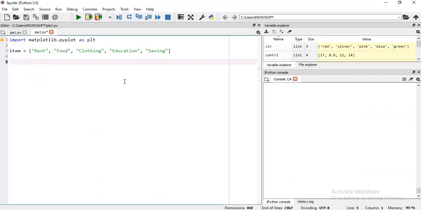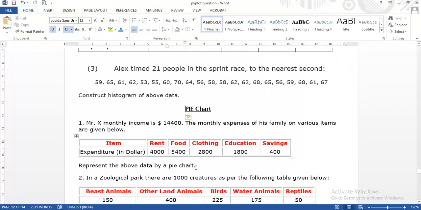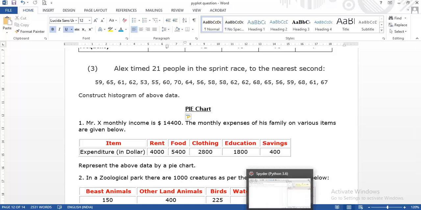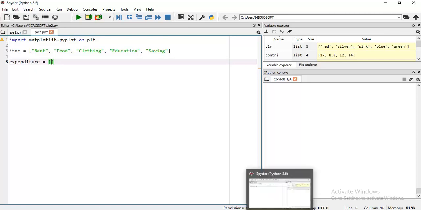Okay, let me start. The first task is to import matplotlib. Then we define the items: rent, food, clothing, education, saving. And then expenditure, this is the data for which we have to construct a pie chart.